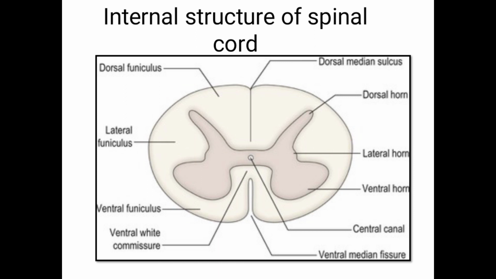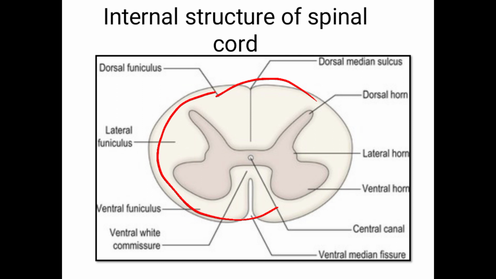Okay. Then the gray matter. The gray matter shows the following types of neuron. There are two types of neuron: one is called motor neuron, then one more is called interneuron. Then the white matter of the spinal cord is made up of nerve fibers with supporting cells. The groups of nerve fibers are termed tracts, and there are two, descending tracts and ascending tracts. So the descending and the ascending tract you see in the white column of the spinal cord. The white matter is divided into three columns. They are anterior, lateral, and posterior.